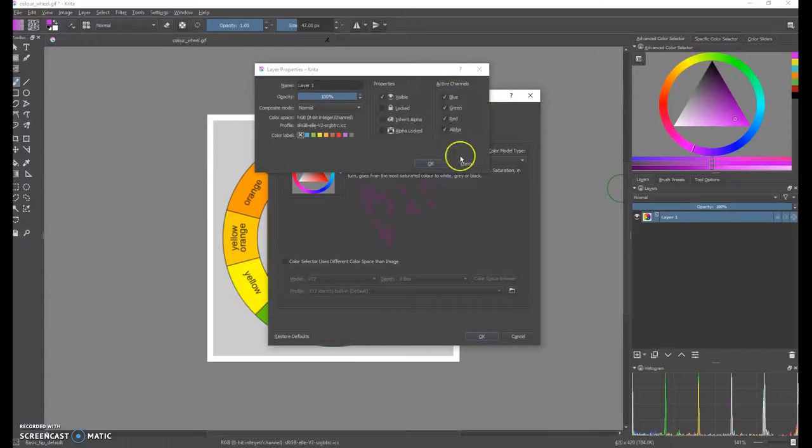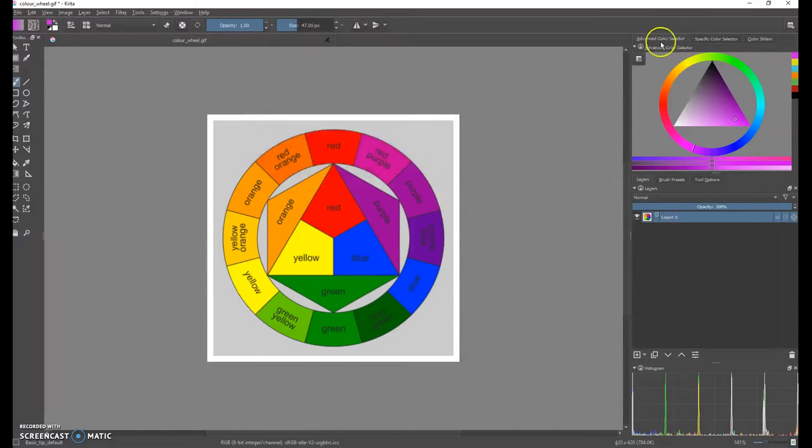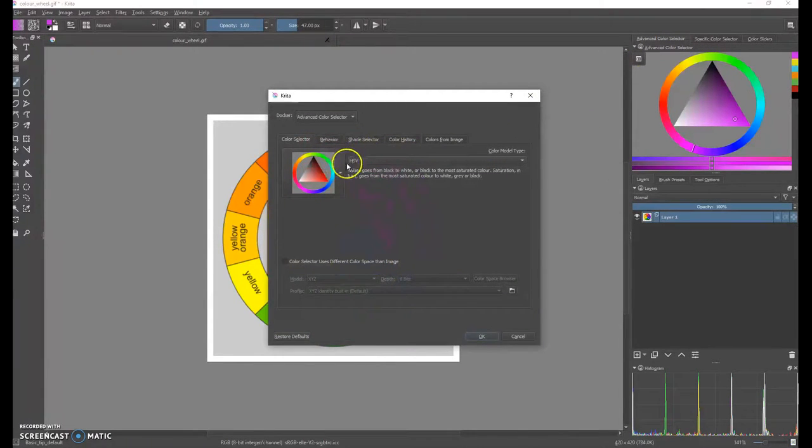Sorry about that. I'm not sure if Krita has